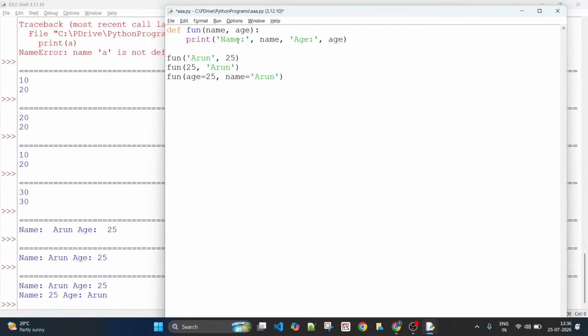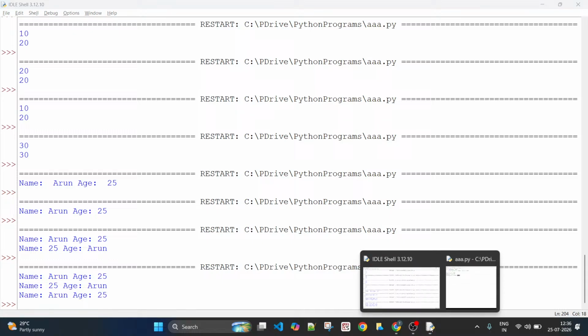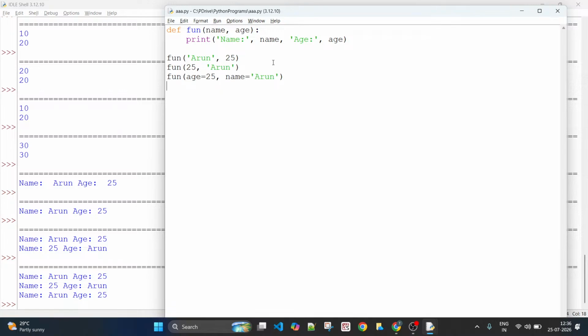Now it would print properly because when you refer to name, you said name is Arun, so it will be printing properly. In this case it prints name as Arun properly because you have explicitly mentioned it. So where does this really help? When you are calling functions with different arguments in different order, it is important for you to associate that argument with the name of the argument. What argument you want this to be considered as, right?